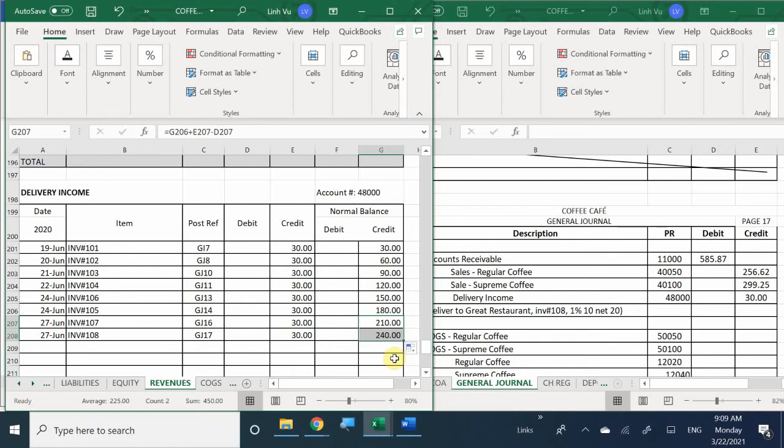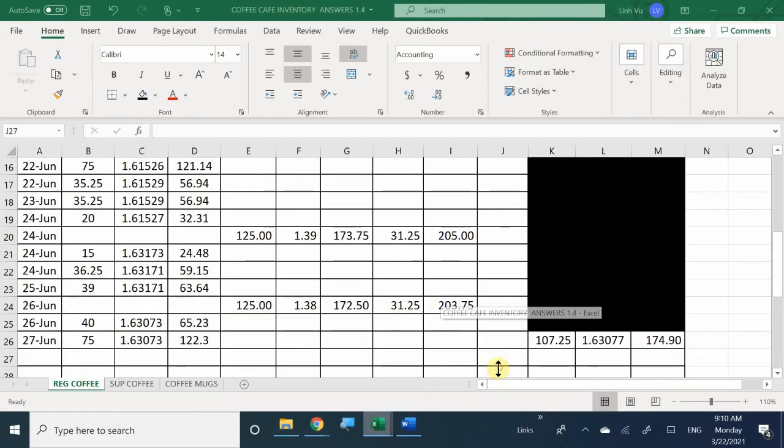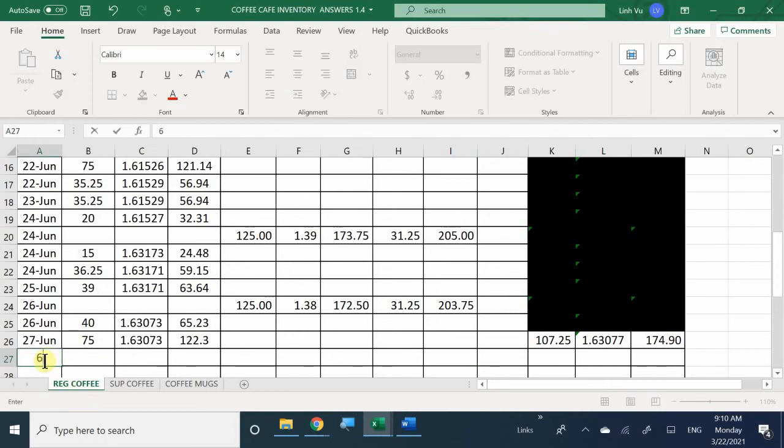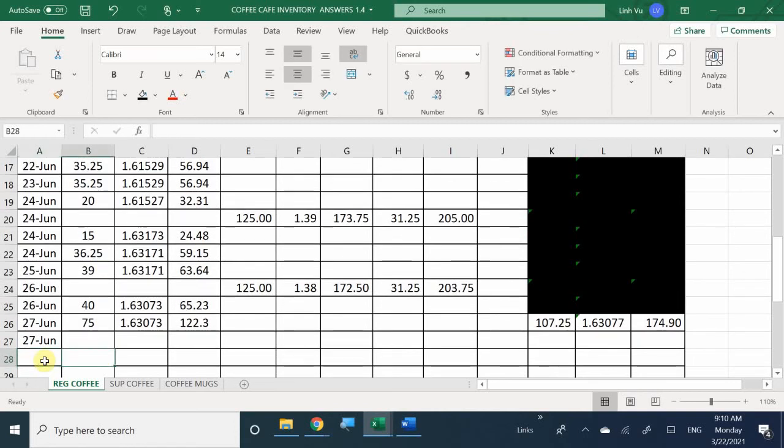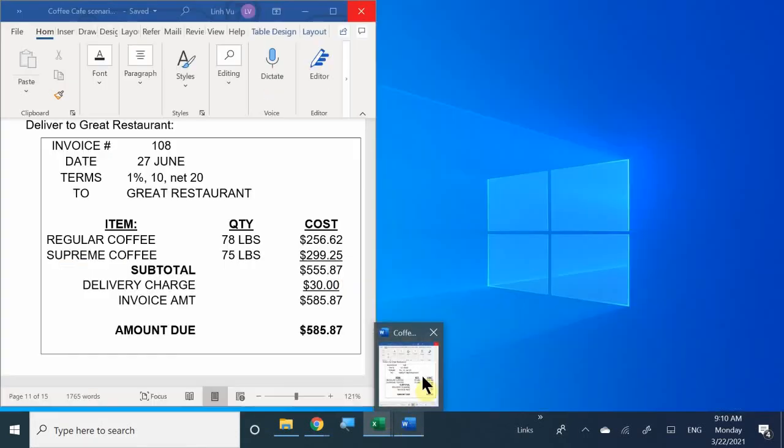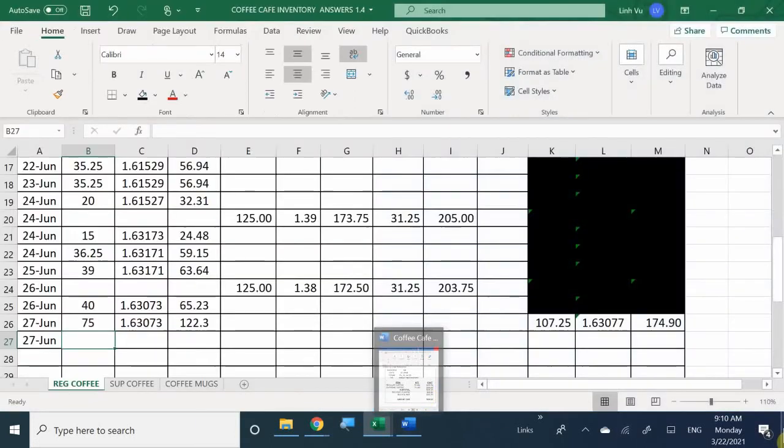So what's next? Worksheet, inventory worksheet. So here for regular coffee, how many pounds did we sell? 78. Yeah, we're on regular right now. Yep, 78